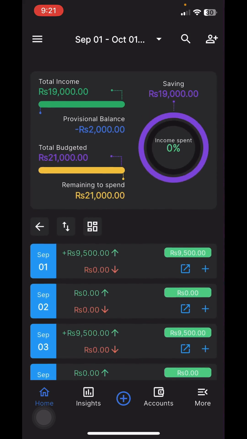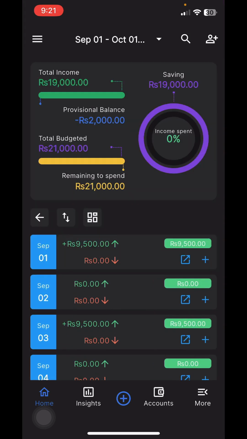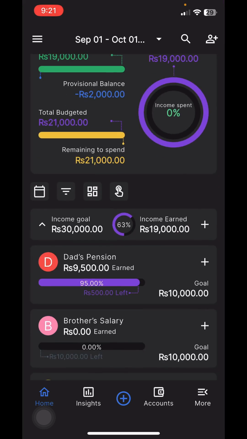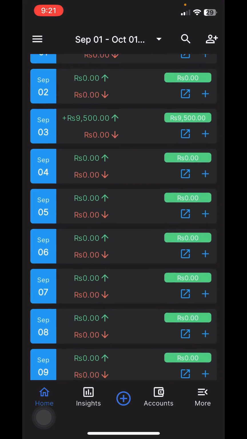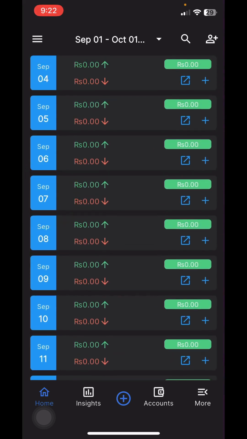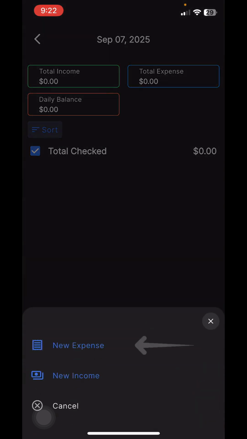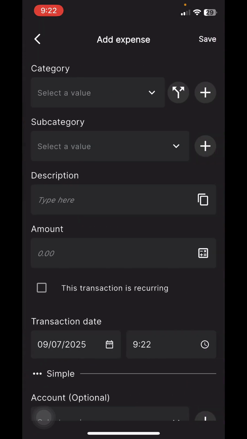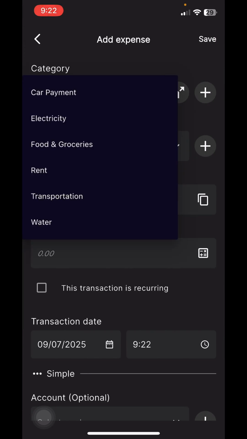Okay. Now let's change this and go back to the calendar entries, and let's say on the 7th of September I want to report an expense that we paid rent. Okay, so I'm going to choose a category and I'm going to select based on the categories that I created within this budget. I'm going to choose which one it is. Okay, if it is something miscellaneous or it is not recorded already inside, then I would have to make a separate entry in the budget for that amount and then add it here. So I'm going to select rent,